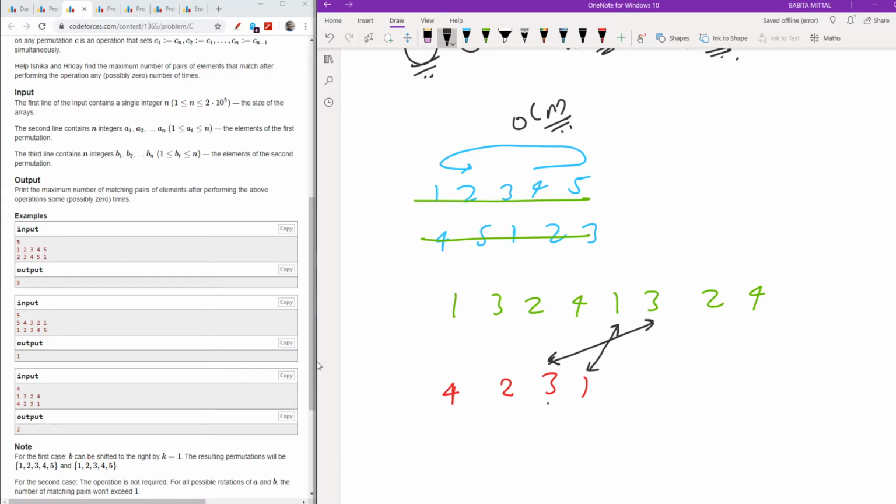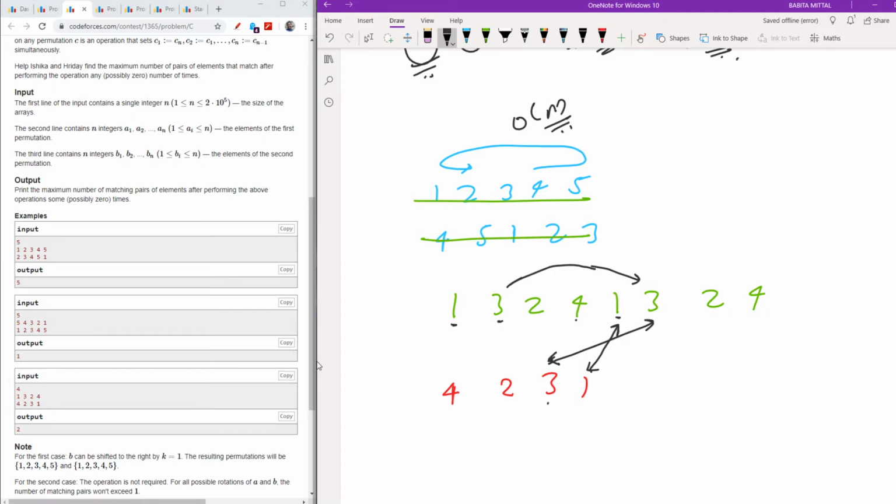Understanding? See how the cyclic array works: when you go like this, it goes like this, but when you move back, or when you move in a cycle like this, the next time the number appears, it will appear later. So 1 will be matched with the next one, which means that when it is shifted, it becomes something like 1 4 2 3. So 1 is matched with the cyclic one, not the actual one. The cyclic one is the next one.